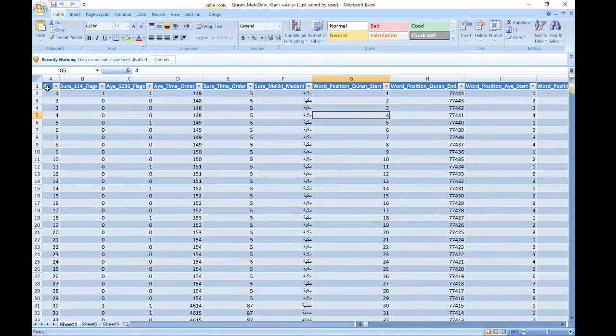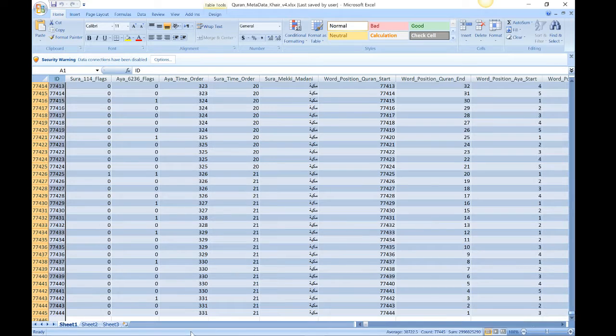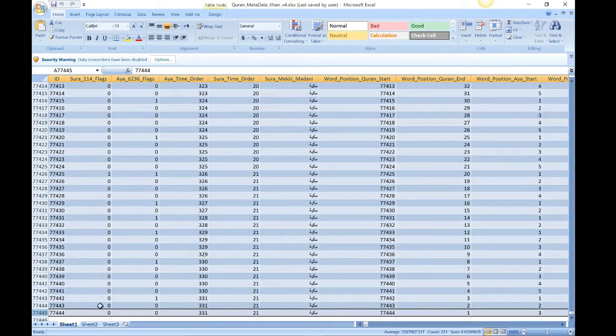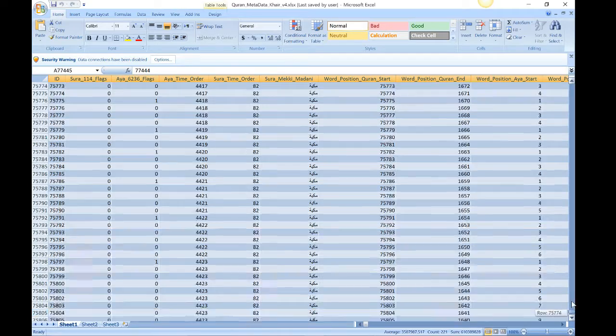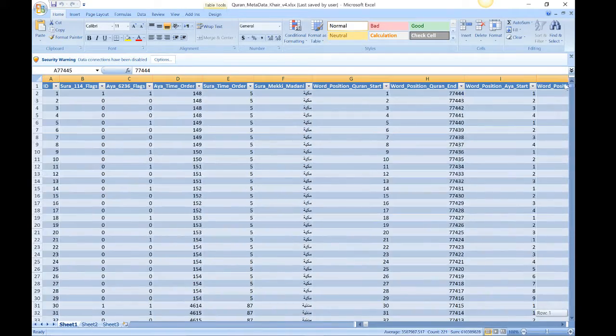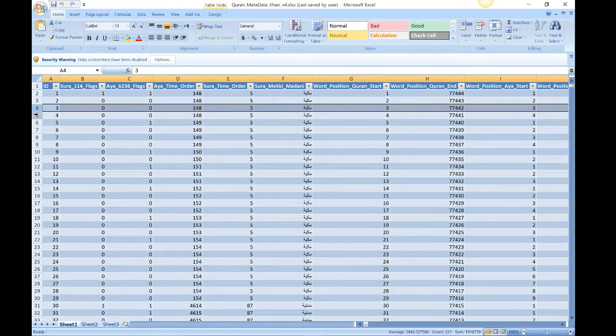The tables are composed of 77,444 rows. So if I scroll down here all the way to the bottom of the table, you will find that there's 77,444 rows. Each word in the Quran gets one row, and so we have a word by word analysis